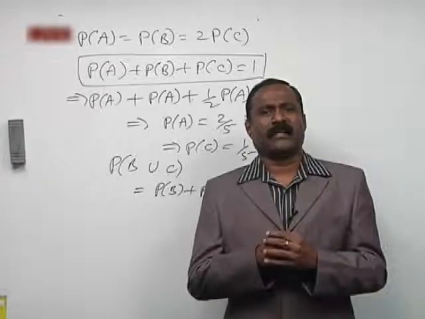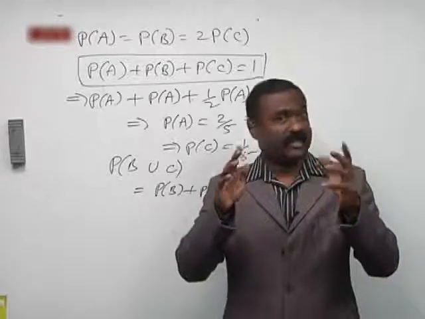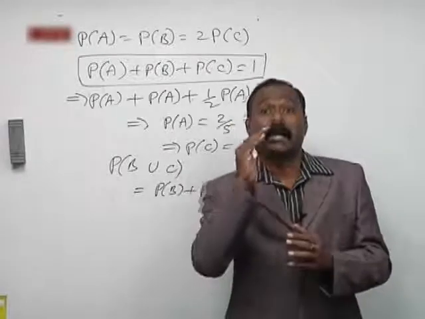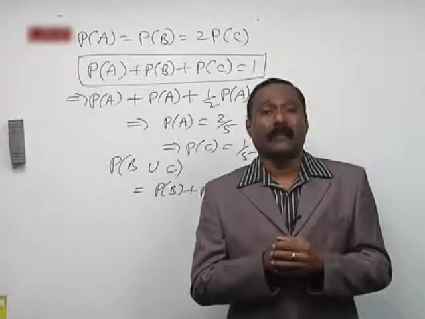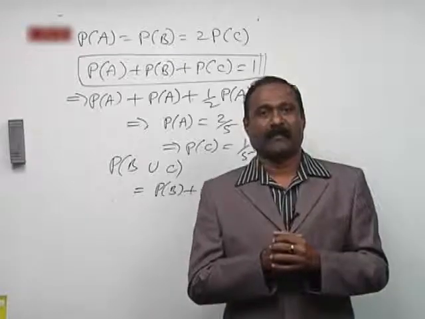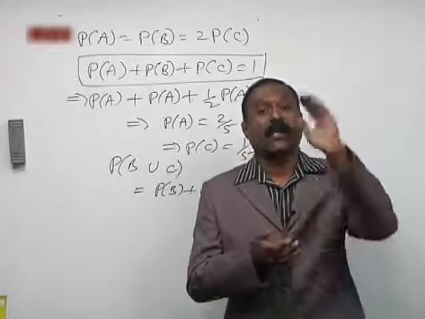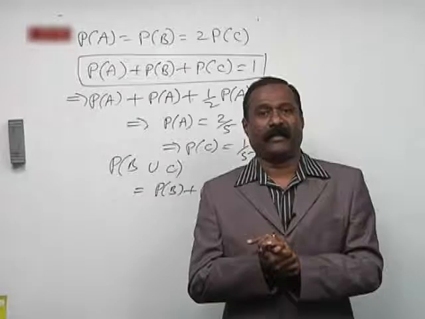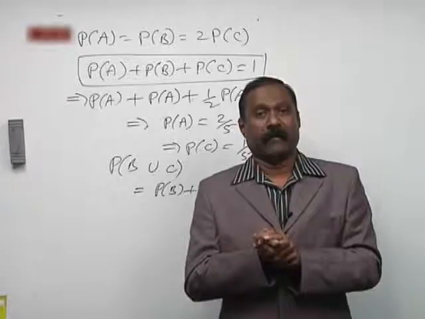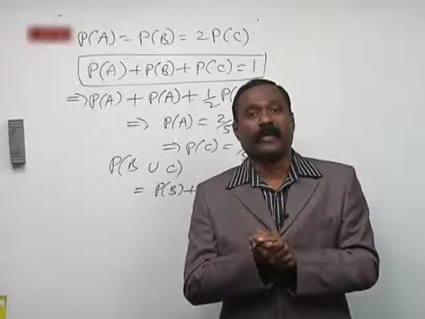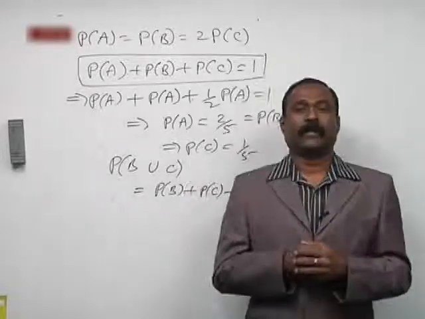Plant P produces 30% of bikes. I repeat, plant P produces 30% of bikes. Plant Q produces 40% of bikes. Plant R produces 30% of bikes. And it also has the data that plant P produces 0.5% defective bikes, plant Q produces 3/4% defective bikes, and plant R produces 1/3% defective bikes. It has that data.